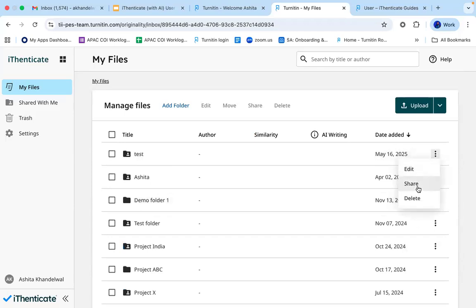You can also share these folders with your group members. So in case your administrator has added you into a particular group and you have, let's say, more members in that group, you have an option to share any particular folder or multiple folders with your group members.